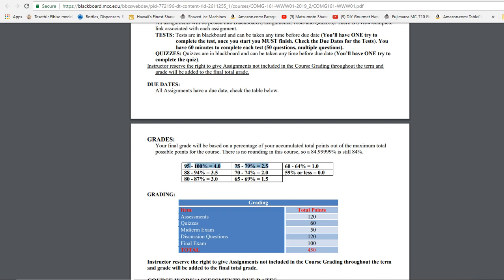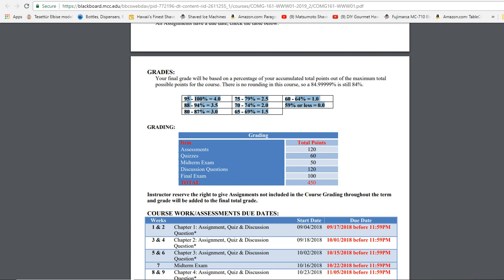Grading is the usual, probably because this is not your first class and you're used to this. What you'll have: assessments 120 points, quizzes 60 points, midterm 50 points, discussion questions 120 points, and then the final exam 100 points. As you can see, between the assessments and the discussion questions, that's a major amount of points that should be pretty easy, with the discussion boards. Those should not have any issues. So that's 240 points that you can pretty much guarantee at 100% to earn by just following the minimum expectations. So there is no reason for you not to get that and get a basic 4.0 in this class